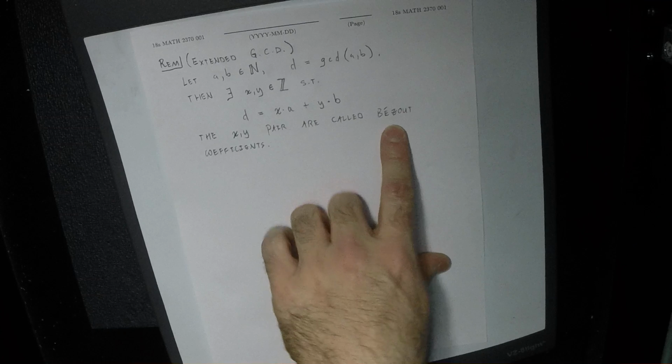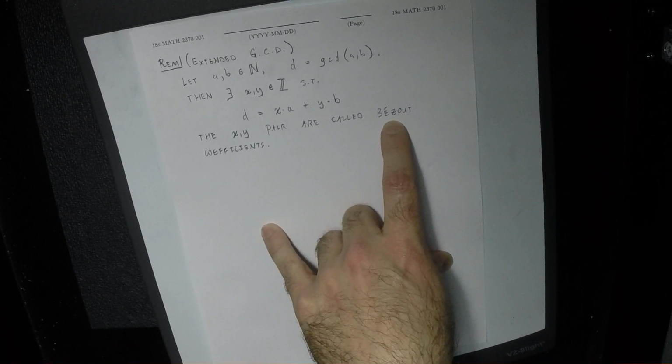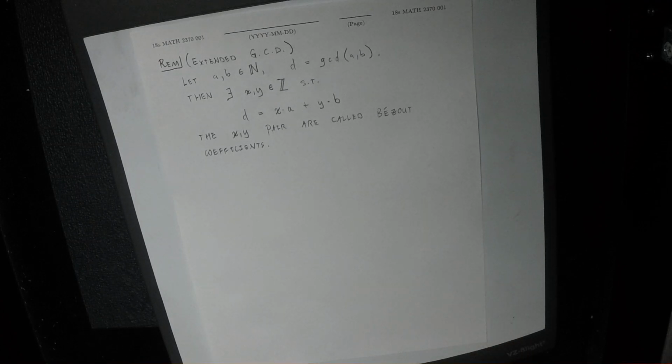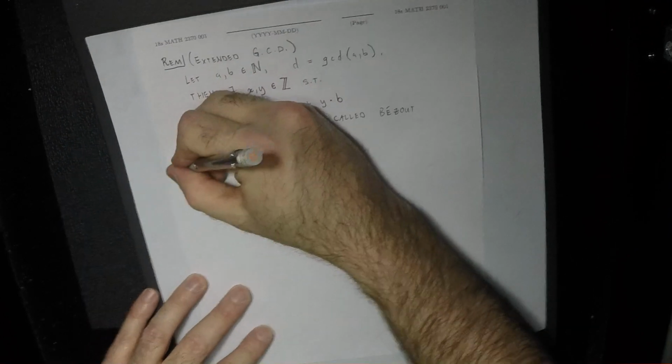So that's B, E, and then it's got an accent on the E, Bezout. I make no warranty as to whether or not I'm pronouncing that person's name correctly. So they're called the Bezout coefficients. So for example,